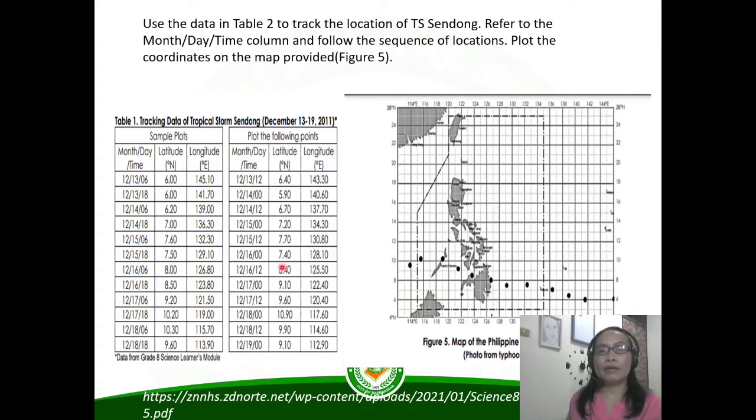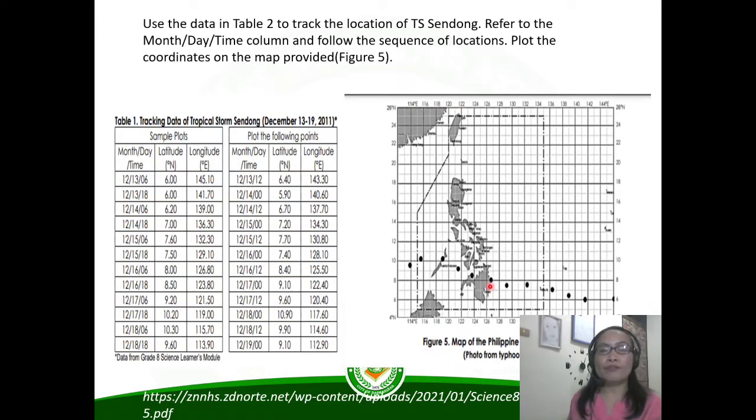It was 7.40 degrees north latitude and 128.10 degrees east of longitude. So, ito na siya. Okay. Next, the same day, December 16, it was 8.40 degrees north of latitude and 125.50 degrees east of longitude. Okay, so eto na siya. And then,